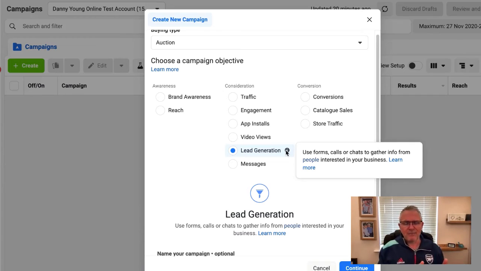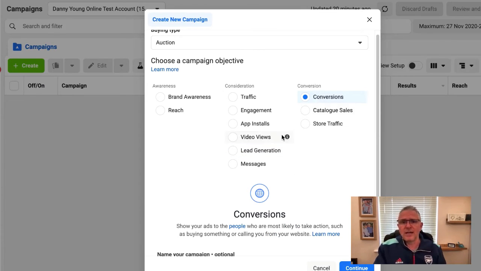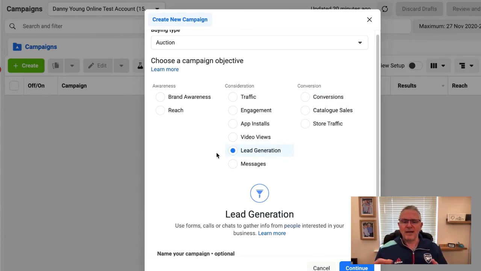Whereas if you run a campaign, and this would be a conversions campaign, which we'll talk about in a bit more detail shortly, which required people to view the ad, then click the button and then wait for a web page to load and then manually type in your name and email, that requires more from the user. It's only a tiny bit, but it makes a difference. So you probably would get slightly higher quality leads from the second example than you might have done from a